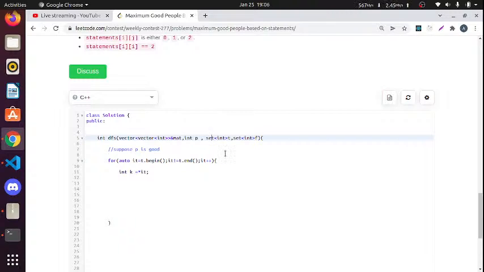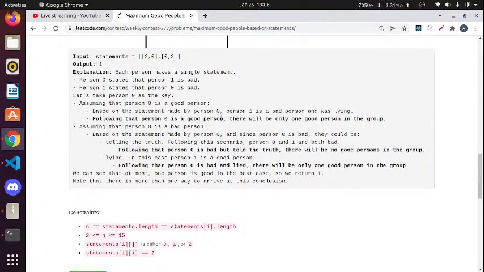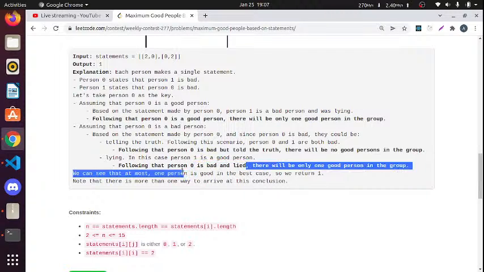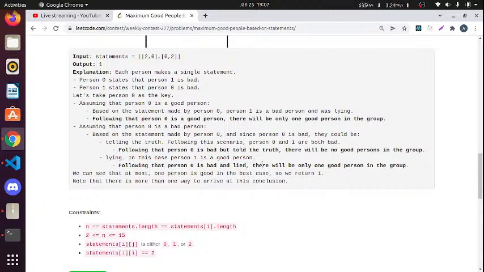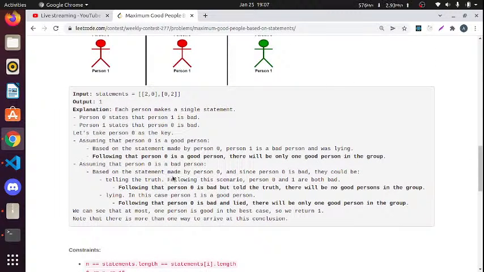Then we will go to the next statement and push that value, because when we are using his data, if he is a good person, then we will use that one. If he tells a lie, अगर वो झूठ, if he is telling a lie, so if person 0 is telling a lie,